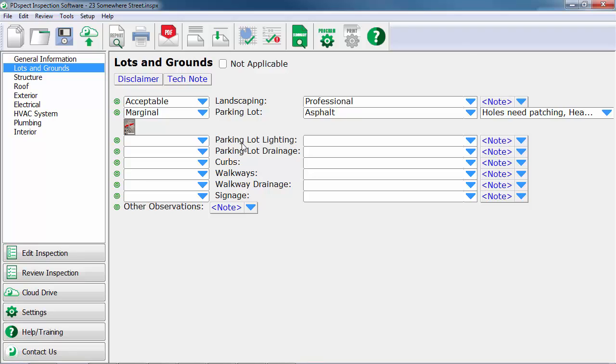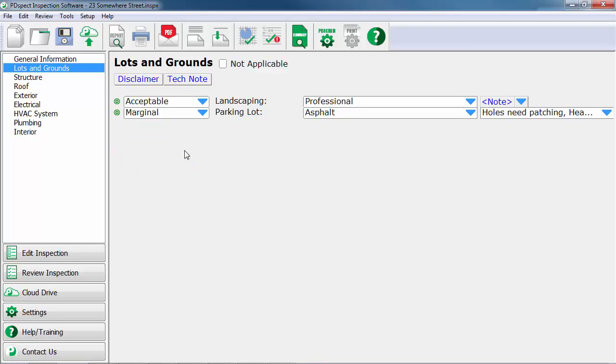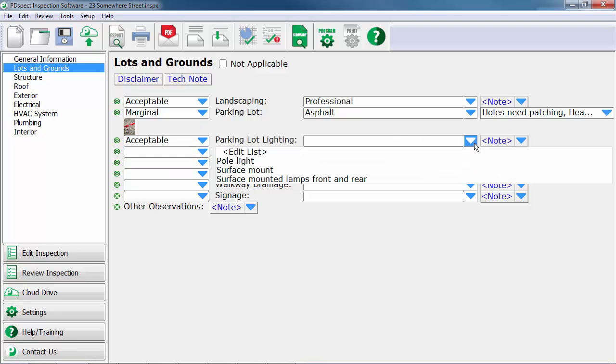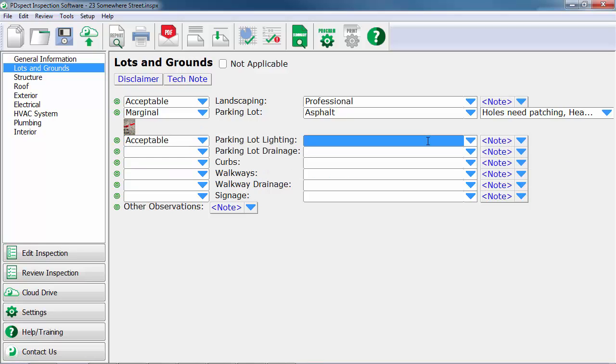So the parking lot lighting is in good shape, so we're going to mark this as acceptable. Now let's say that the description we want to enter is not in the drop down list, so what we can do is just click in the description box and then type it in. So we're just going to type in something else